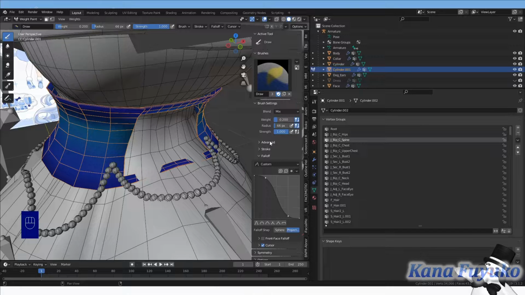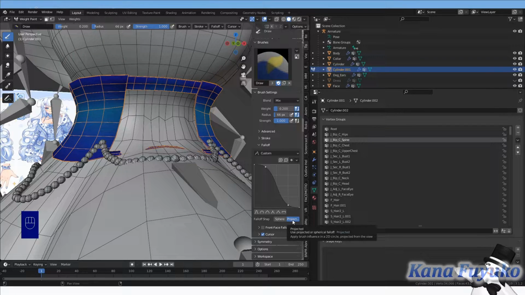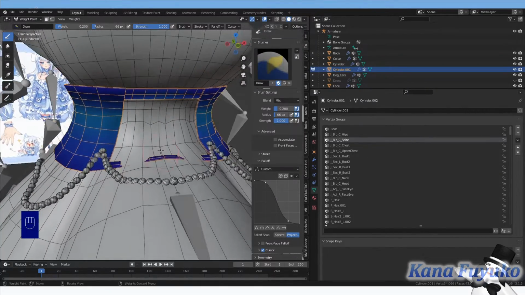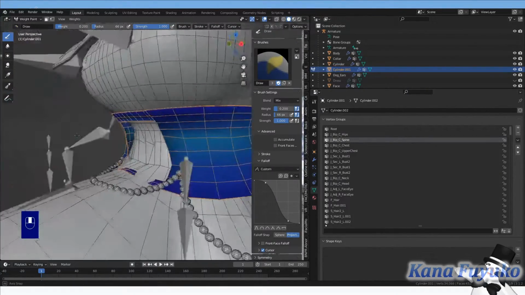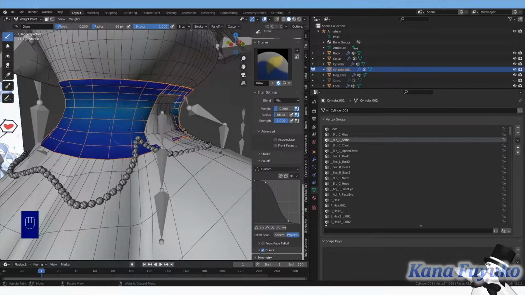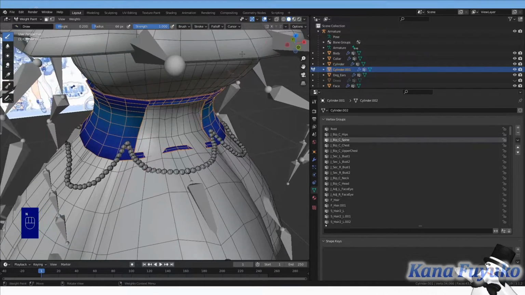Now, usually for my weight paint settings, I would always have the front faces checkbox here disabled so I can paint through. I also have projected selected, because by default it'll have sphere and front faces. If front faces and sphere are enabled, you'll only paint at the front, it will not go through. And usually when I weight paint, I like it to go through just like what 2.79 Blender did. So I usually just have those settings I have right now, so that way it's just easier for me.